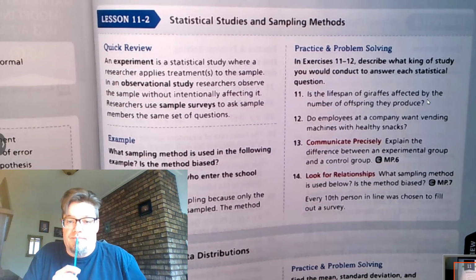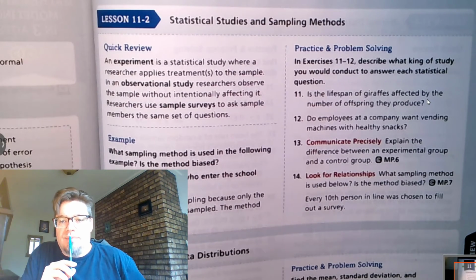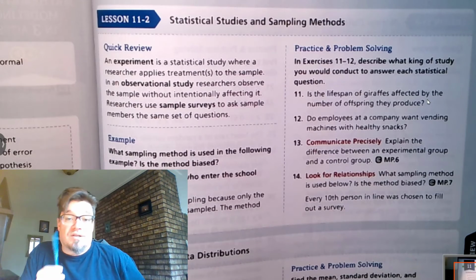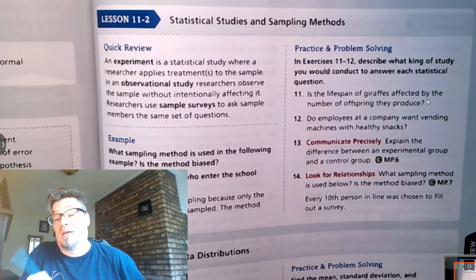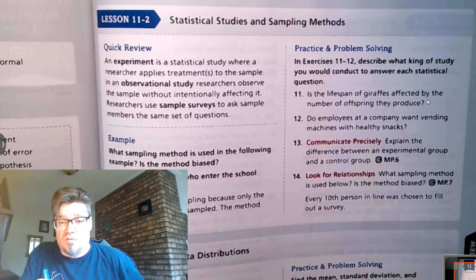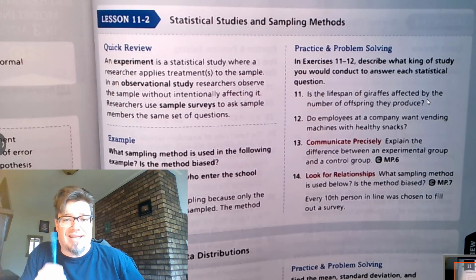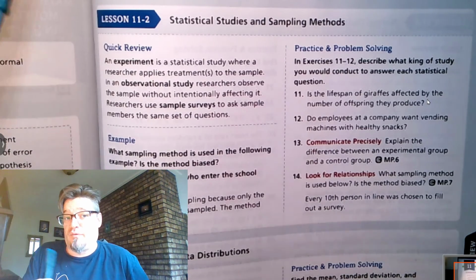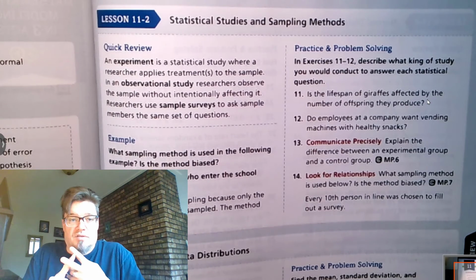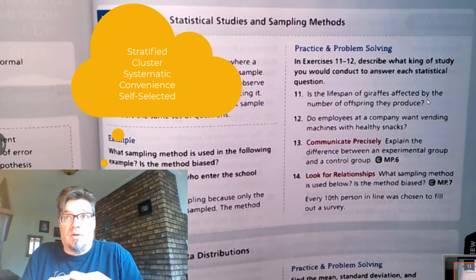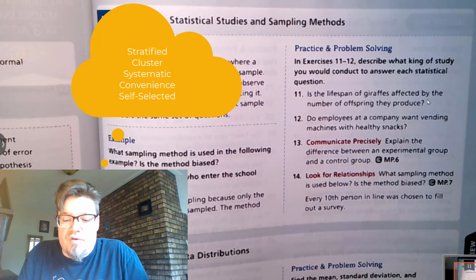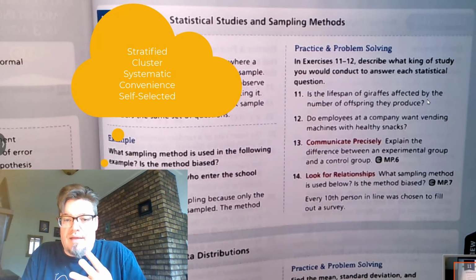Okay, the scientific method. All right, what sampling method is used below is the method bias. So every 10th person in line was chosen to fill out a survey. Now, if it was the first 10 people, then that would be a convenient sampling. This one looks like it is called a systematic sampling. So remember, you want to look at the other three. What do you got? You got cluster sampling, convenient sampling, stratified sampling, systematic, and then